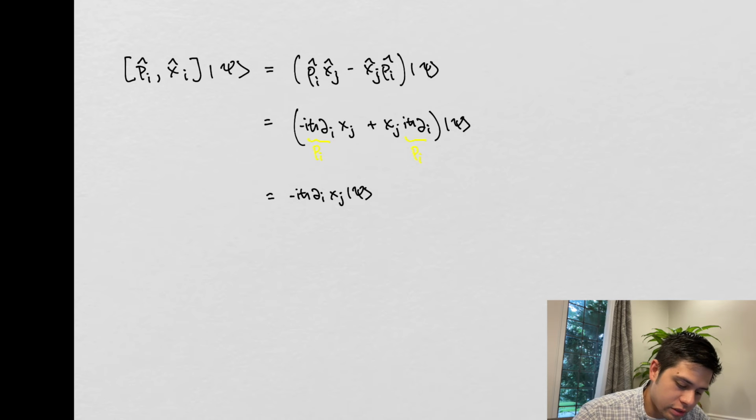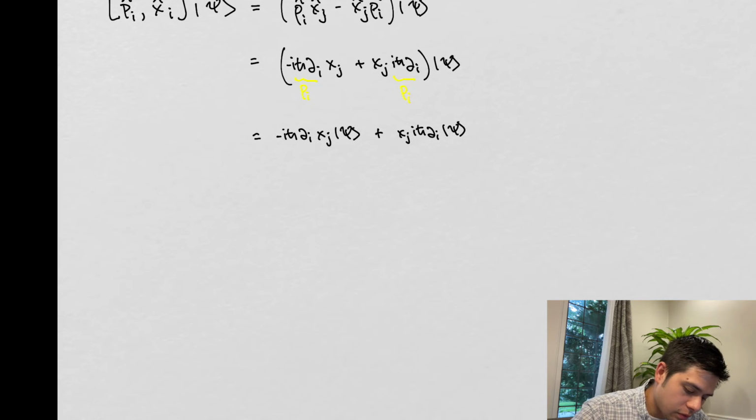We are really just adding things up here. Okay, and then what we get next is i h-bar d_i x_j, and then minus,